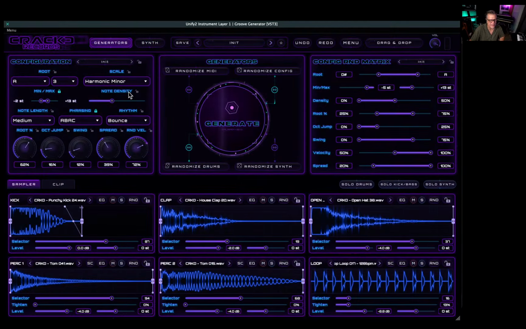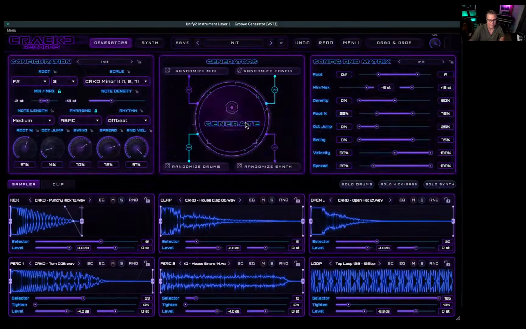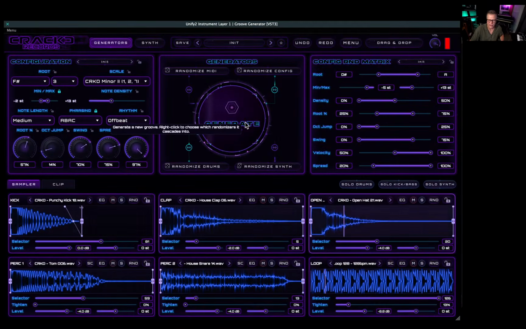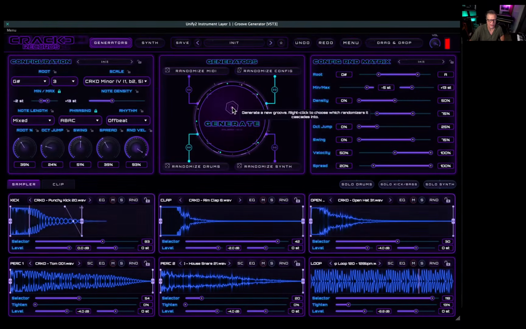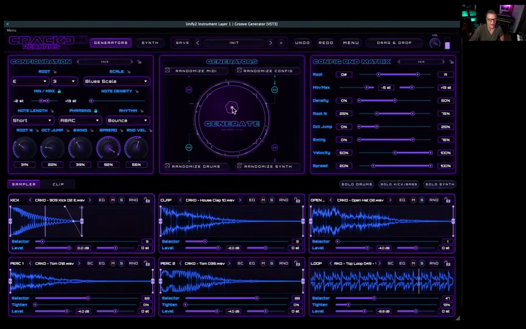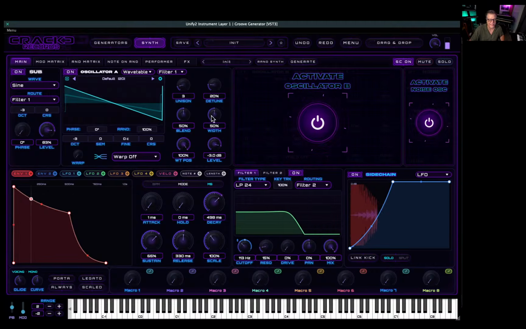And what's crazy is that just by hitting generate, that will randomly generate a whole groove. And I generate again. And I can go to the synth part. I can just say randomize the synth. And so each time I randomize,